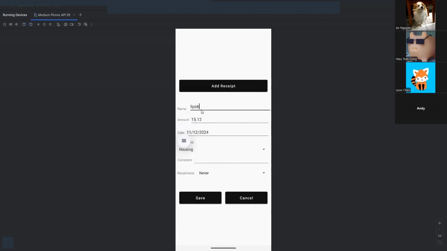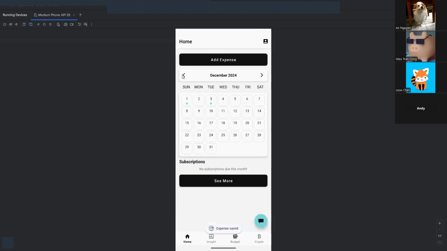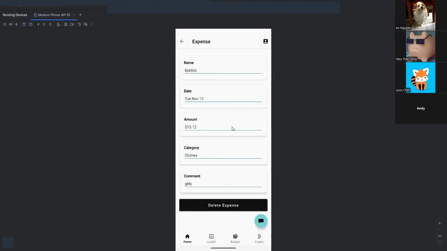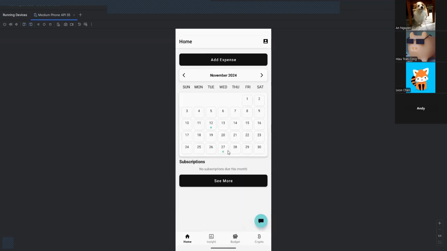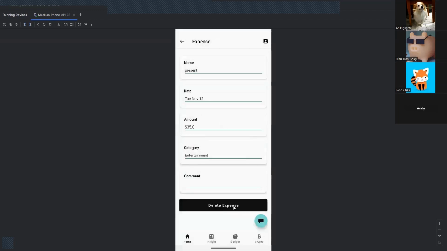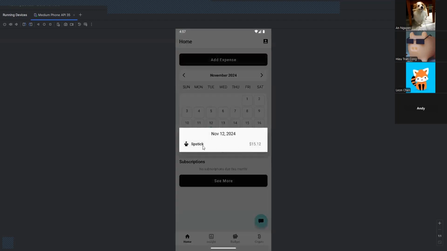Click on name, like lipstick. Category would be clothing. Comment, girly, save. And now you go back to that date, you will see lipstick on November 2024, 15.12. And click on it, you can see, of course, the details that we just submitted. And if you want to, for example, delete this expense, click on delete, and that expense is being